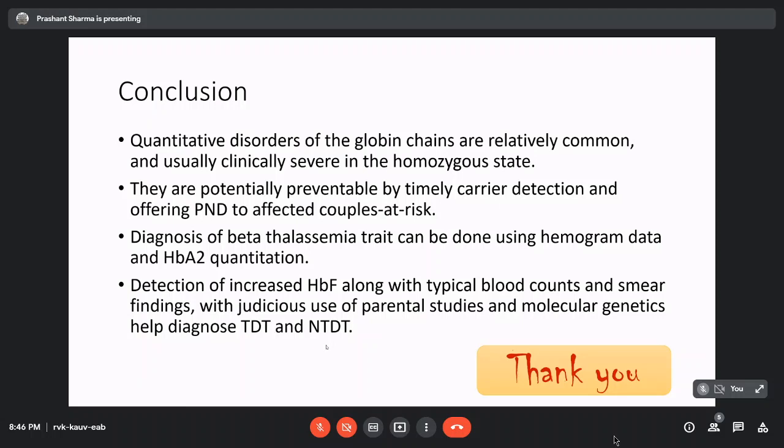The next part of it: which compound heterozygous thal are beneficial and which ones are more severe? Please explain why. Okay, so let me try and answer this as I understand it. But in case I'm wrong, Dr. Kapadia, please feel free to call me up, write to me, or put it in the chat box.